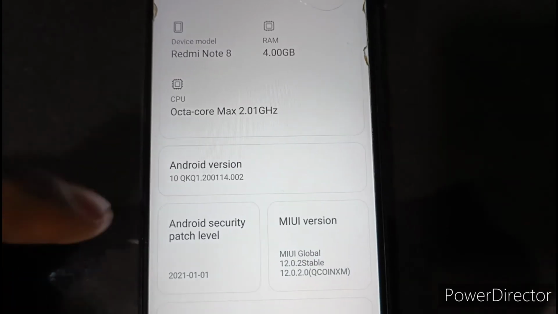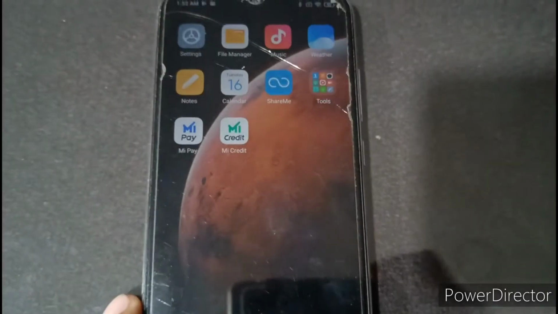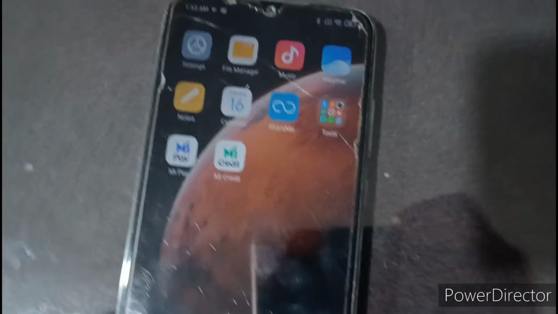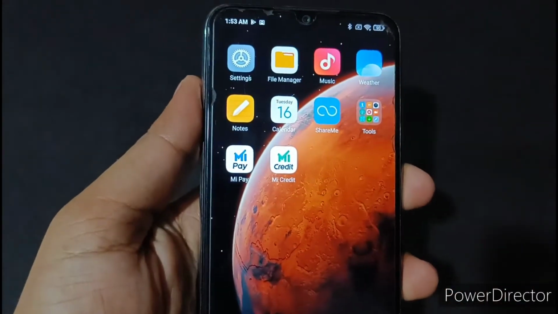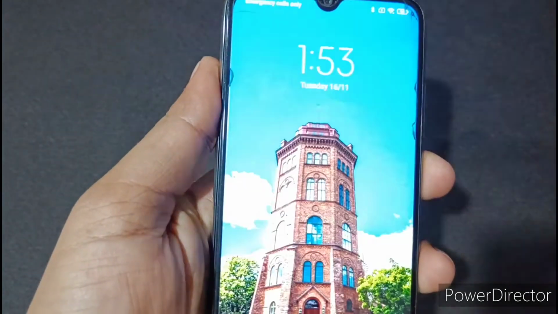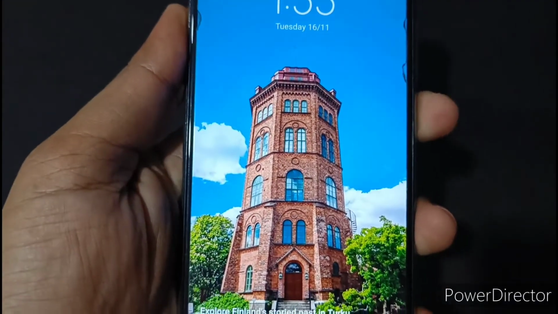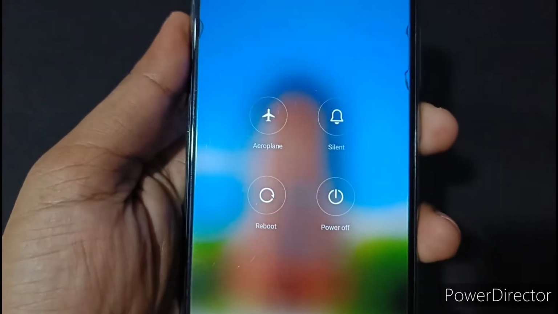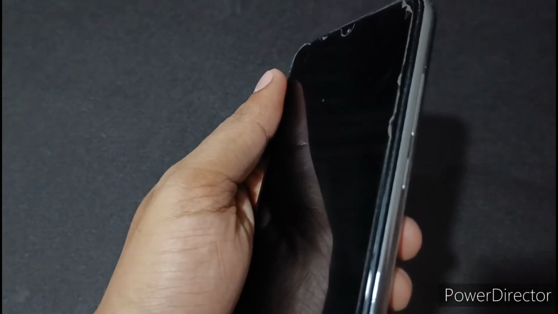Okay, let's start it. First, you have to power off this phone. Okay, power off my phone, and now you use the power key and volume up button.